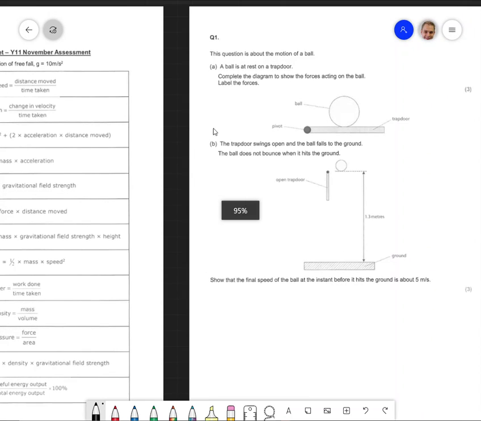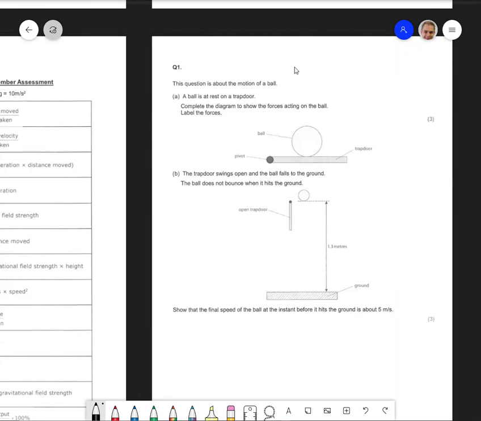So this question is about the motion of a ball. The ball is at rest on a trapdoor. Complete the diagram to show the forces acting on the ball. Label the forces. The key thing that is really important about this is this sentence here: it's at rest. If things are at rest, that means the forces on them are balanced. It's not moving sideways, so there is no air resistance or friction, nothing going on. So really just dealing with a force downwards,